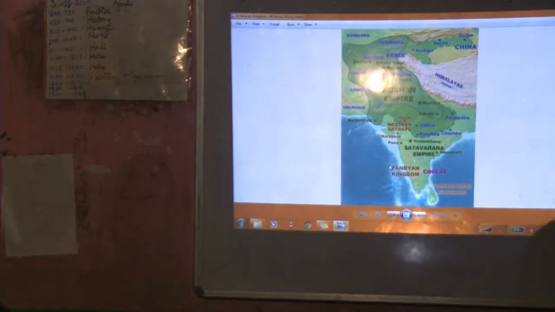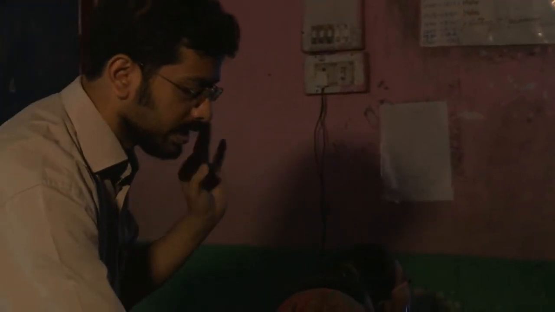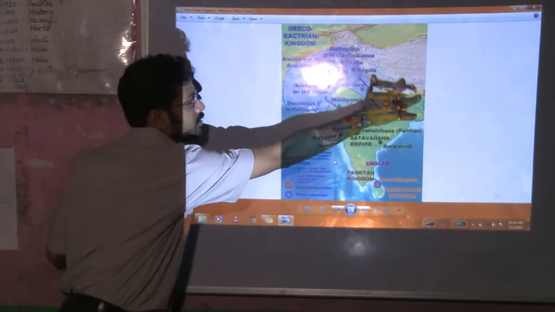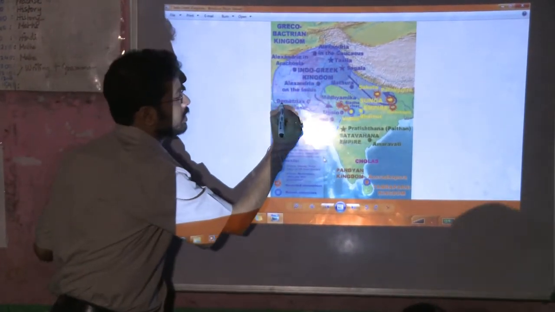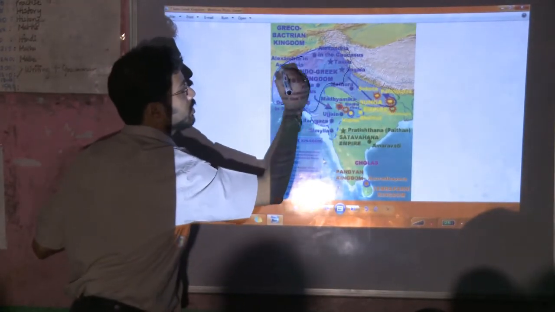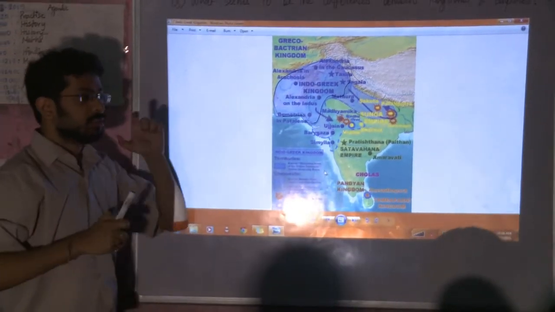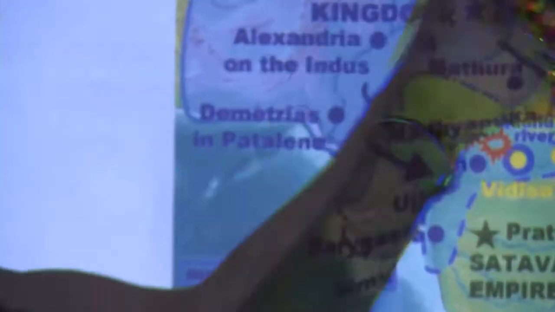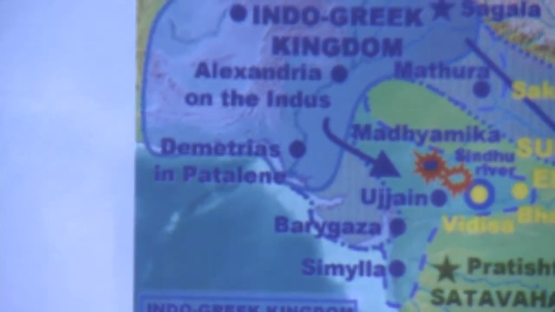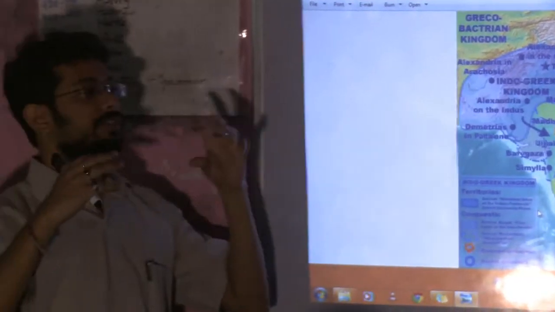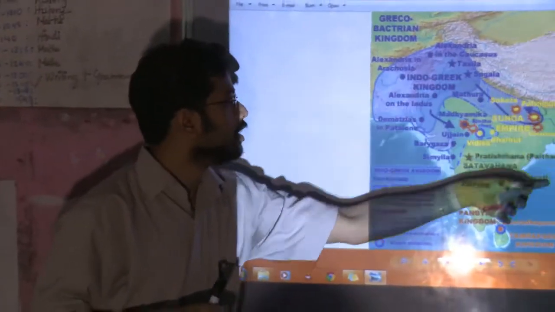I want you to be able to understand why I am showing these maps and what are the differences. Once again, think about the Mauryan Empire in India and think about this as, say, a kingdom, okay? Actually not this, only till here. So what are the differences? Think about all the differences that are possible. From a map, what sort of a difference can you make? I'll give you a hint. Think about the difference, say, between India and Pakistan.